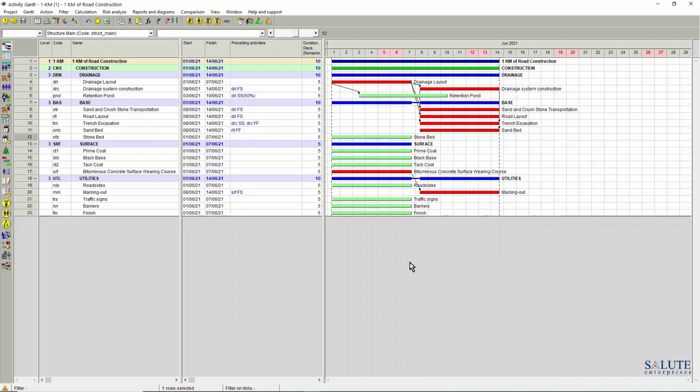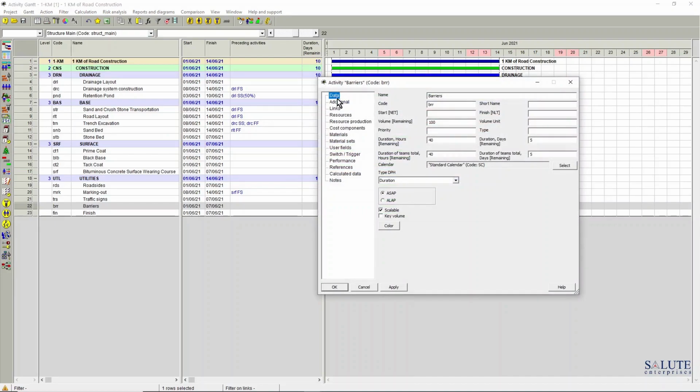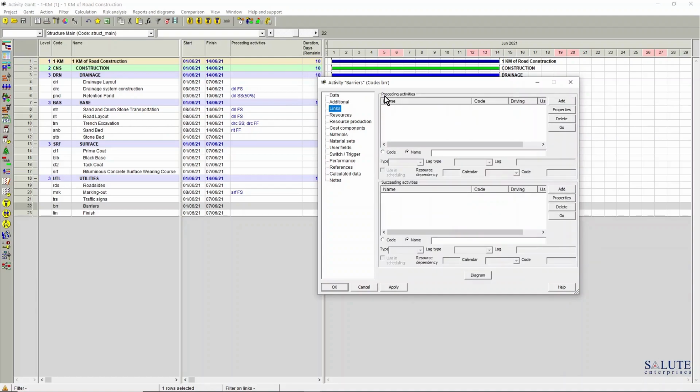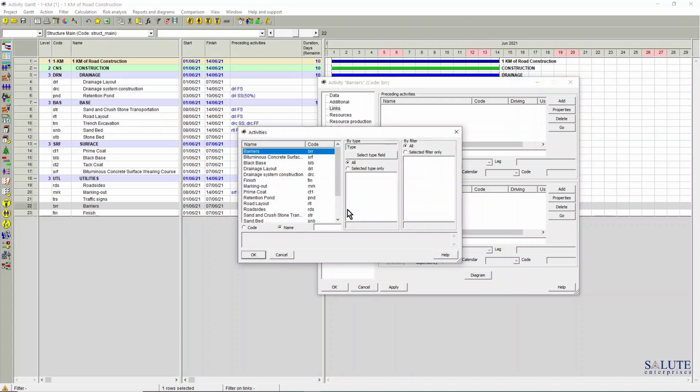Another way of establishing a preceding activity would be to actually go into the task itself. Let's go into the barriers task, double click on the task line. Now we're in the task or activity form, go into the links area, and in the preceding activities table, we're going to click the Add button, and we find the task that we want to connect it with, and I want